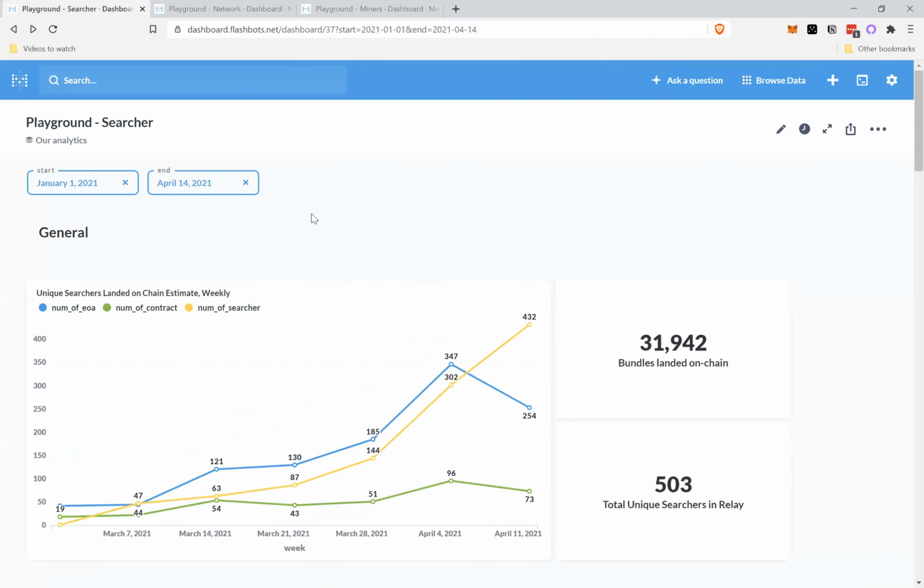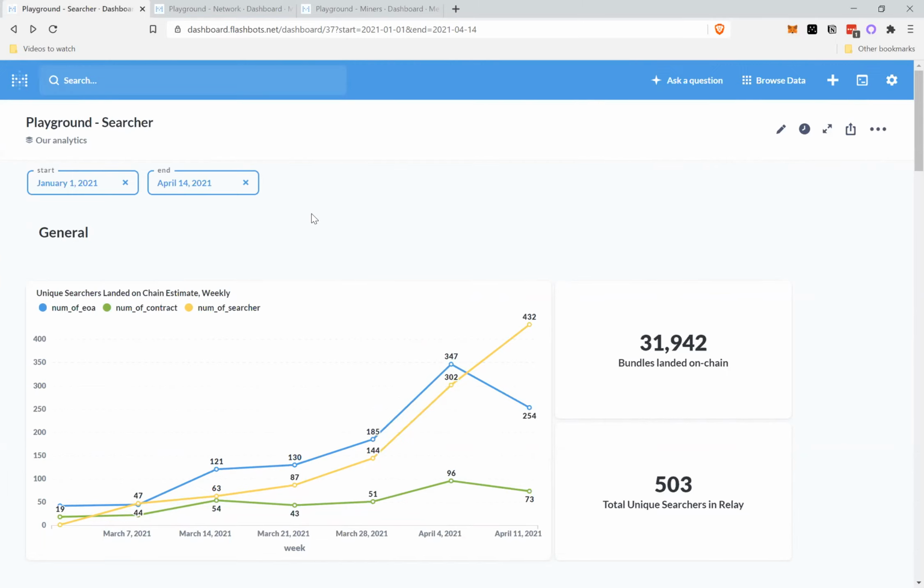So like Tina said, in line with our goal of bringing transparency to MEV activity, we want to release these real-time dashboards that surface metrics that we think are important to the community and MEV more broadly. And what I would ask from you in the audience today is if you see any metrics here you think are really important and need to be highlighted more, please give me feedback. And if there are other things that you want to see, please send them to me or add them in our community Discord. You know, we really want to make this a valuable tool for you. So really would just love any feedback on this.